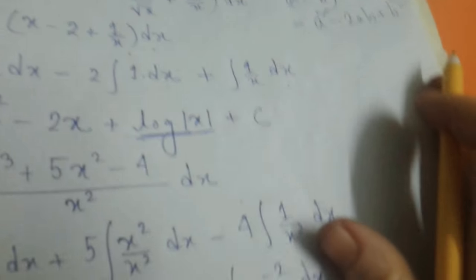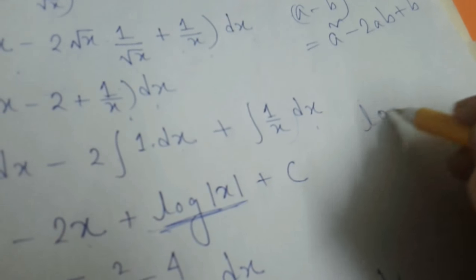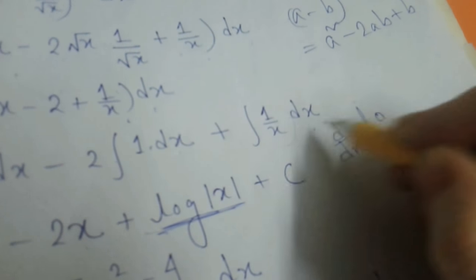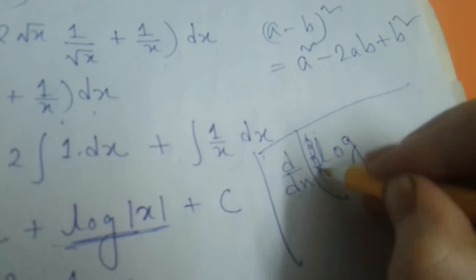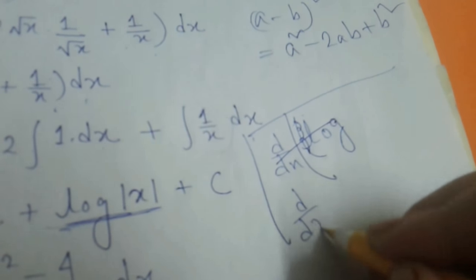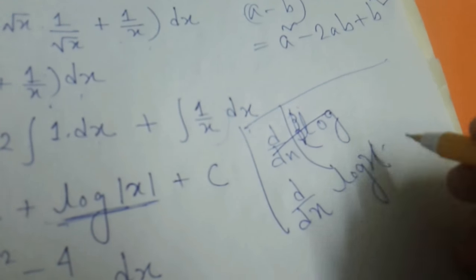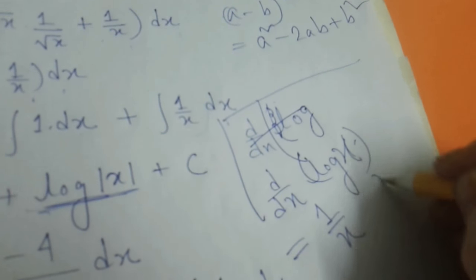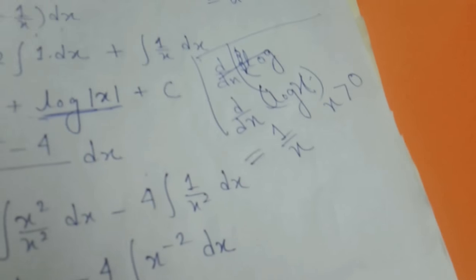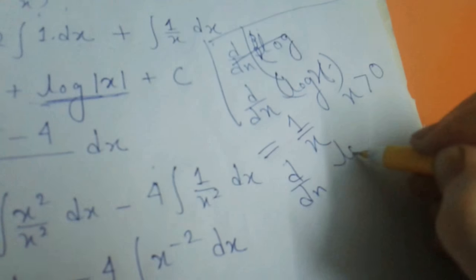Why log mod x, why not log x? If d by dx of log of x equals 1 by x, where x is greater than 0. Now d by dx of log of